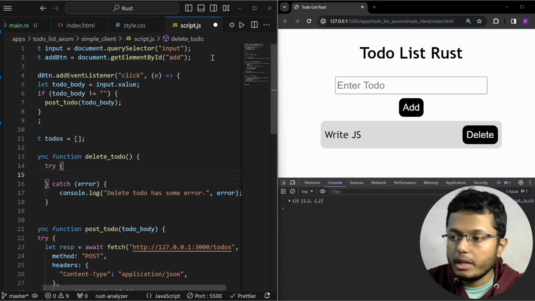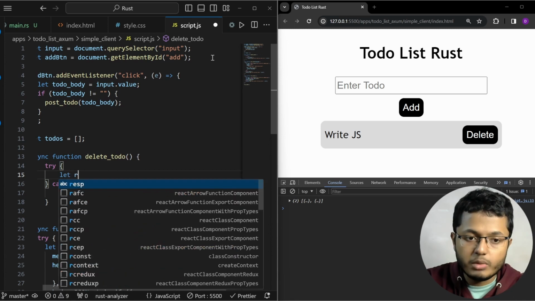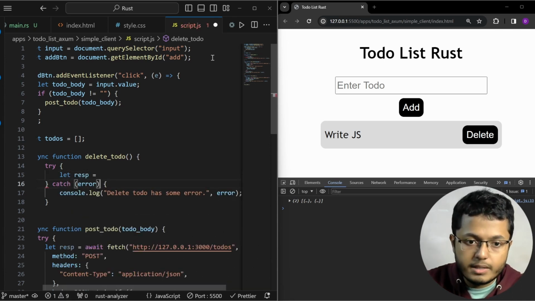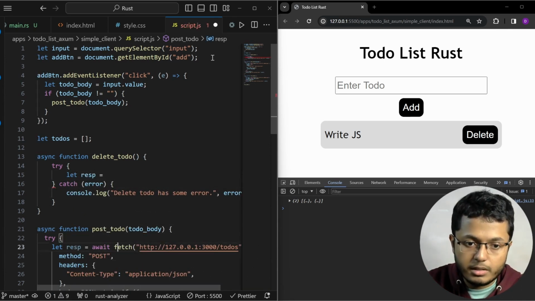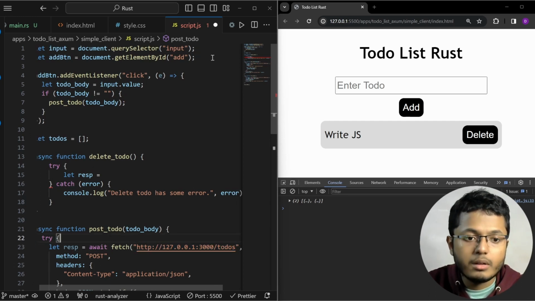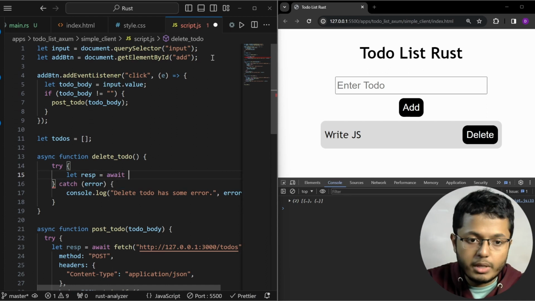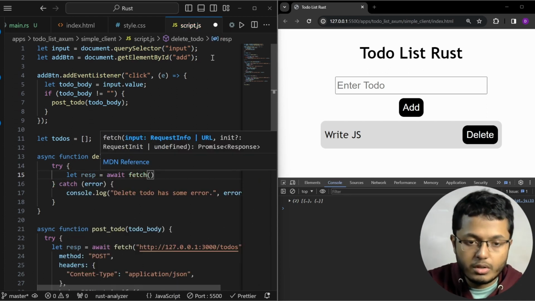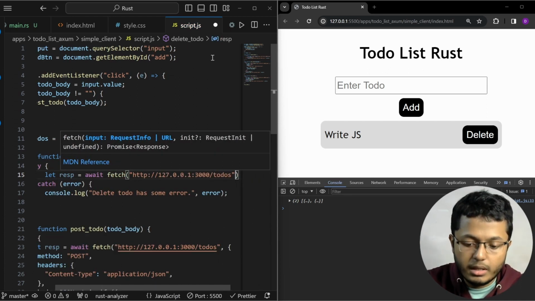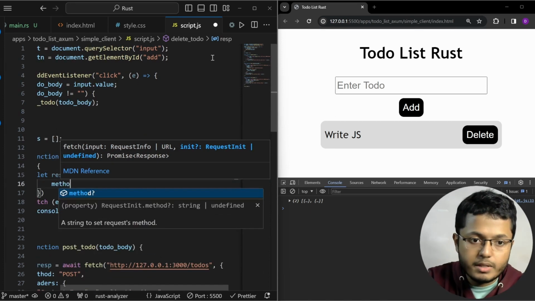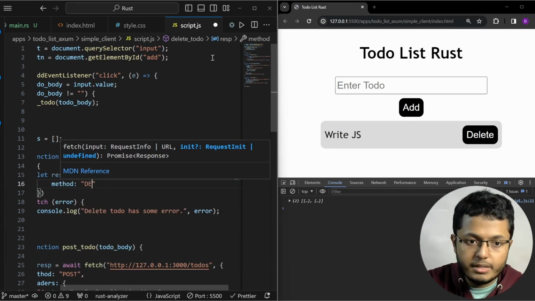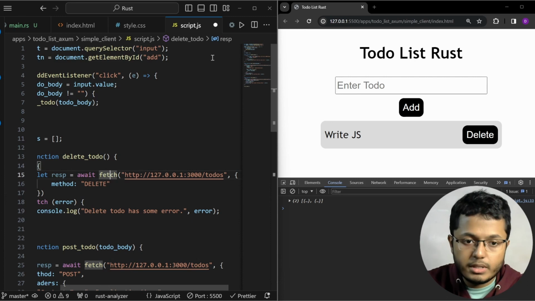And now inside my try I will be having one response, and inside this response let me copy this thing once again, await fetch, and then this URL, and the method is DELETE. Actually this is not this URL, this is this one